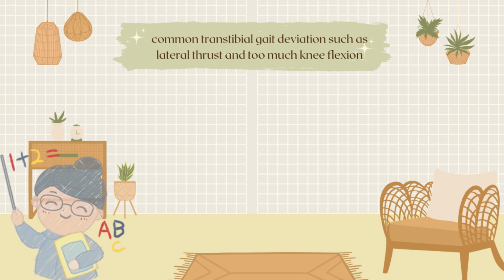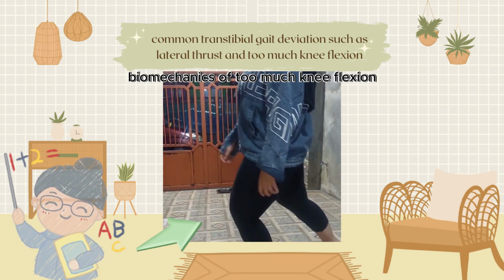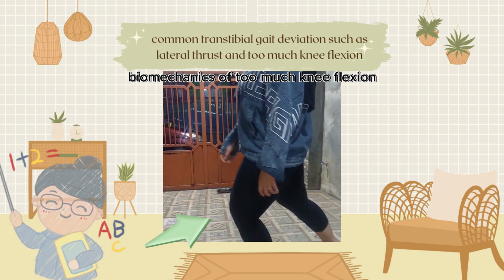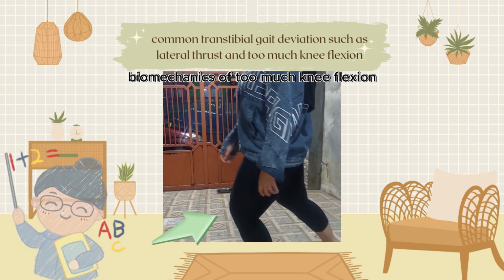Next, we move to the demonstration of the too much knee flexion during early stance phase gait deviation. From the video demonstration, we can observe the patient from the sagittal plane during early stance phase. Then we can see the patient walks with knee instability. The GRF goes through more posterior of the knee joint and then creates a large knee flexion moment that causes knee instability during initial contact. So, we conclude the patient walks with too much knee flexion.